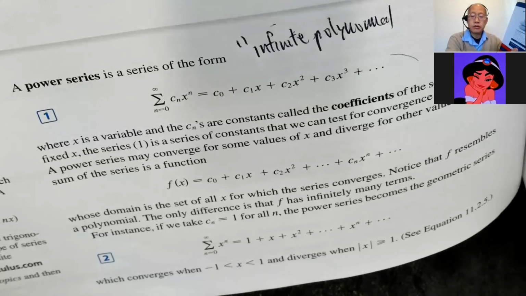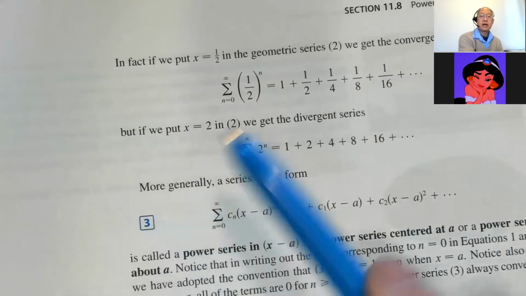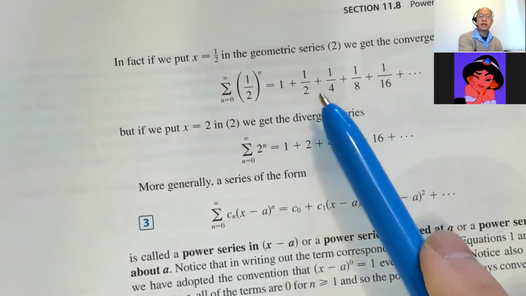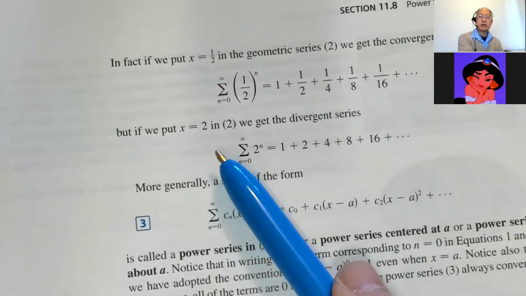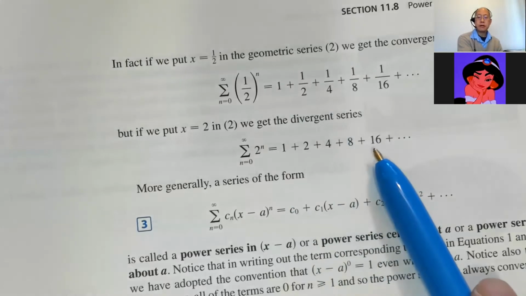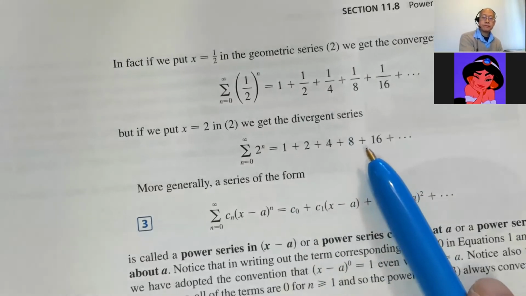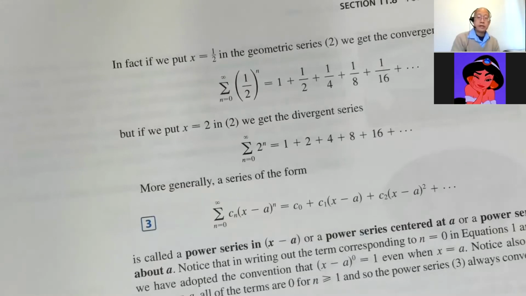So you say, well, does it converge or diverge? It depends what you plug in for x. So if I plug in a half, I get 1 plus a half plus a fourth plus an eighth. That's a convergent geometric series. But if I plug in 2, 1 plus 2 plus 4 plus 8, that diverges. Okay, so this power series,